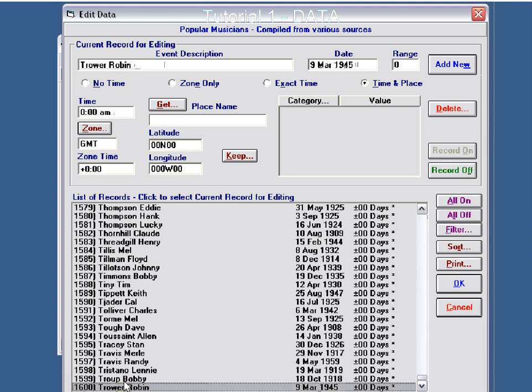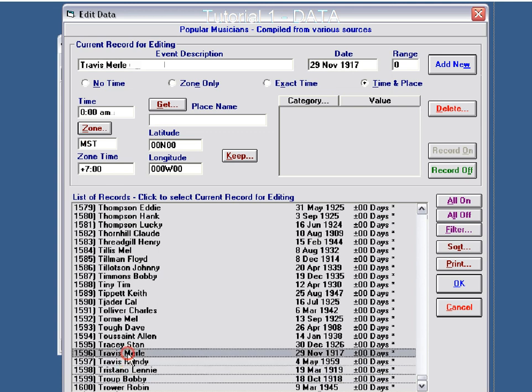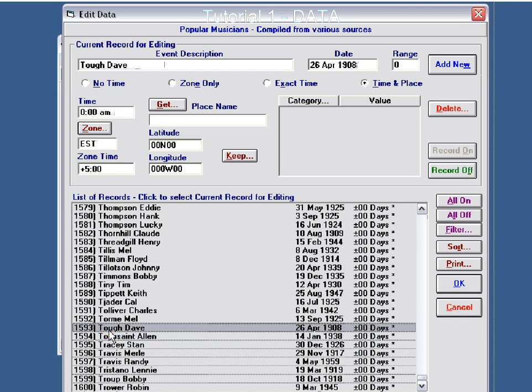Oh, I was busy that day. I compiled all these by hand. 1,600 popular musicians and all of their data. It's a very simple file. It is timed, I know it's not. It's all just actually set to 0 GMT. But some of it's set with a zone to actually MST or the different zones they're at.